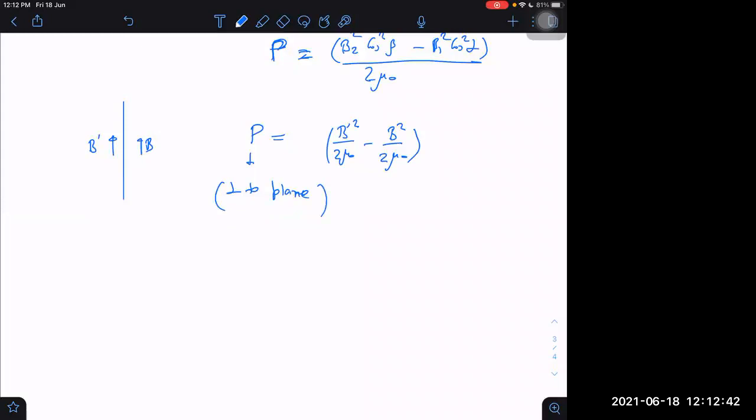I think you do one thing here. One more thing I would add here now. I think I unnecessarily made the distinction. It is B perpendicular. It is also B perpendicular or not? Let's say it is B parallel. If I take B perpendicular also as external field here, then I will also be getting the same only. Means there is no difference actually, because now I am noticing that if I write B parallel square plus B perpendicular square, that will be B net square. So finally, it is net B only. No need to think in terms of parallel component. It is net field. It is also net field.